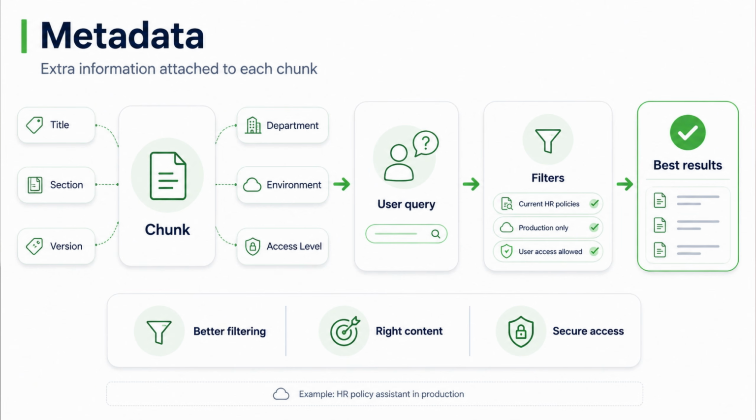And this is very useful because search is not always about finding similar text. Sometimes we need to filter the results before searching. For example, in an HR policy assistant, metadata can help return only the current HR policies and ignore the older versions. In a cloud assistant, metadata can help filter the content by subscription, environment, or workload. So if the user is asking about a production issue, we may want to retrieve the production runbooks, not the